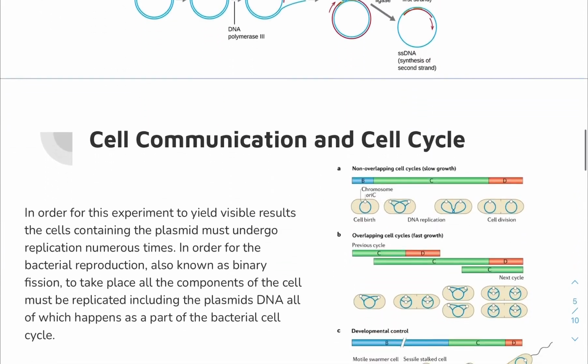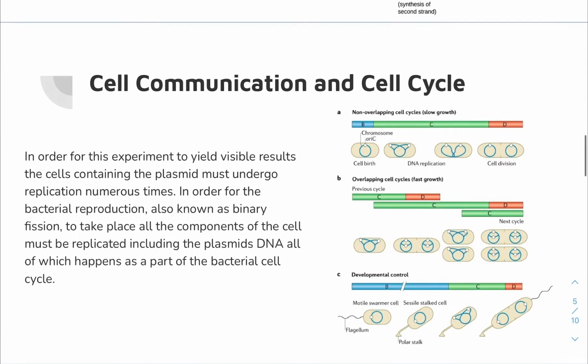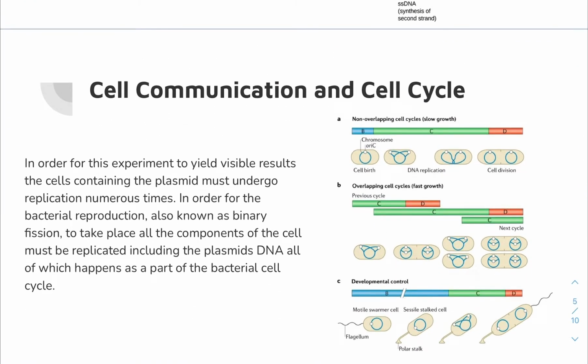Now, in terms of cell communication and cell cycle, cell communication does play a large role in this, but the cell cycle is very obviously what has to take place in order for us to have results that are visible. So the cell cycle, which is basically the replication of the internal components of the cell, including the DNA and including our plasmid,